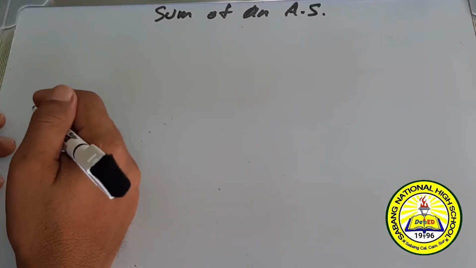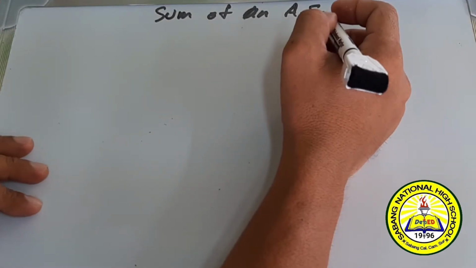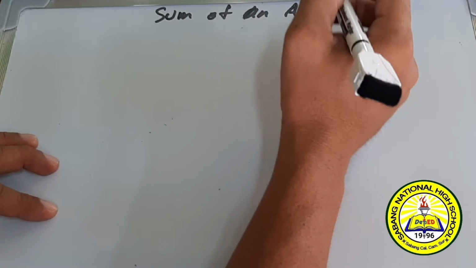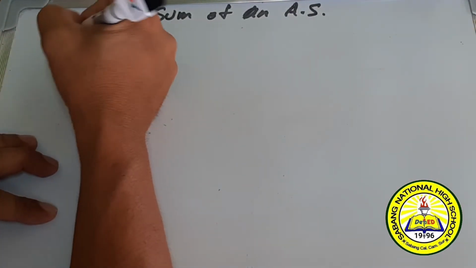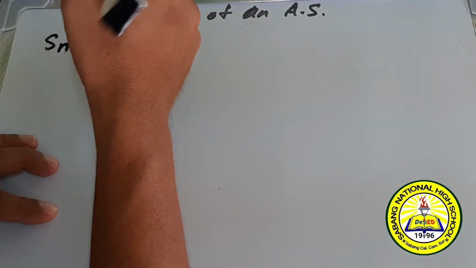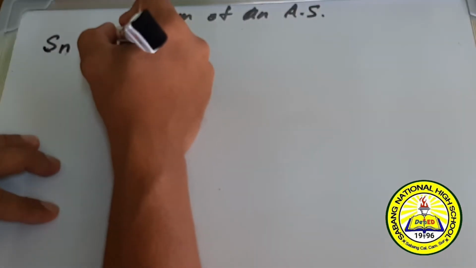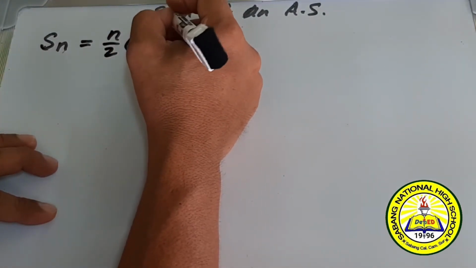Okay, let us now proceed with the sum of an arithmetic sequence. For the sum of an arithmetic sequence, we are going to stick with the formula. Let me now give you the formula. The sum of the first n terms of an arithmetic sequence, noted as S sub n, is equal to n over 2 times